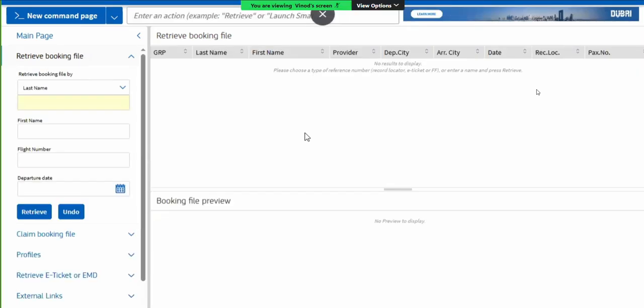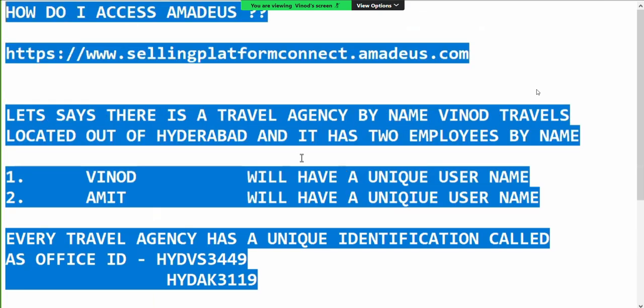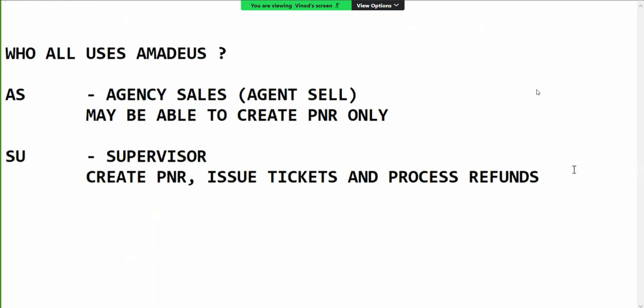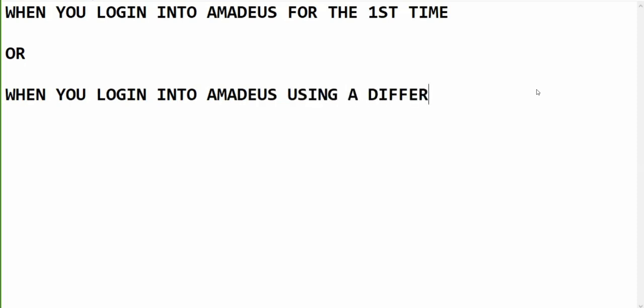In case you're signing in for the first time, you will need to enter the one-time password. It will be asking for the one-time password. So what is the criteria for the one-time password? That is the benefit, a dual authentication. That is a feature put across in Amadeus sign in. That is your one-time password. So when you log in for the first time into Amadeus, or when you log in into Amadeus using a different computer,